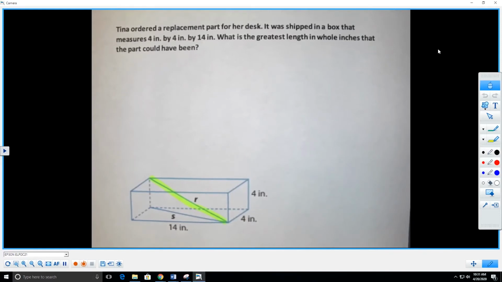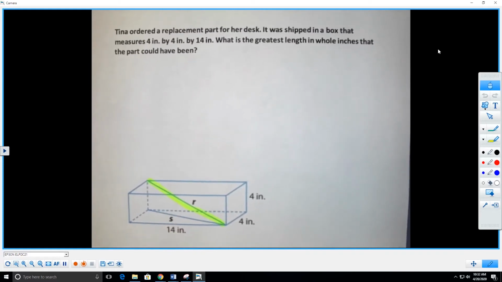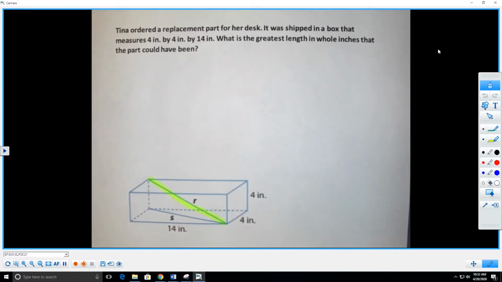But first we need to find the measurement of the length labeled S in the diagram. Because we have the dimensions of the box, we can figure out the length of S using the Pythagorean theorem. Now, is S going to be a hypotenuse or a leg first? Did you see it? If S is our missing length, it is a hypotenuse of the triangle formed by the